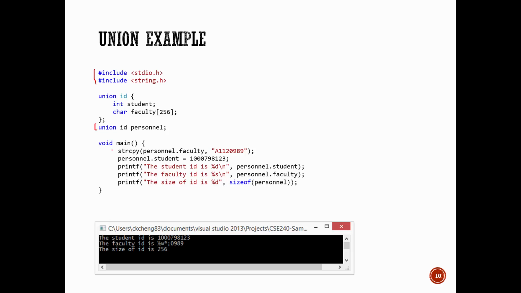So the first thing we're doing there is we're going to personnel.faculty and we're copying in the string. So we're basically storing into that faculty variable, or that faculty member. Okay, so that's fine. That code looks like we're using a struct even. And then we go down to the next line, personnel.student equal and then ID number. Okay, again, it looks like we're using a struct. The important thing to realize is this. In the memory for our union, which is 256 bytes, originally we had used the front part of that basically